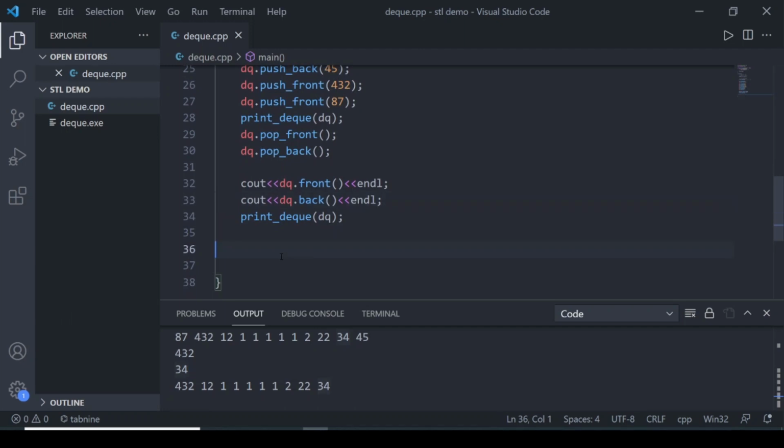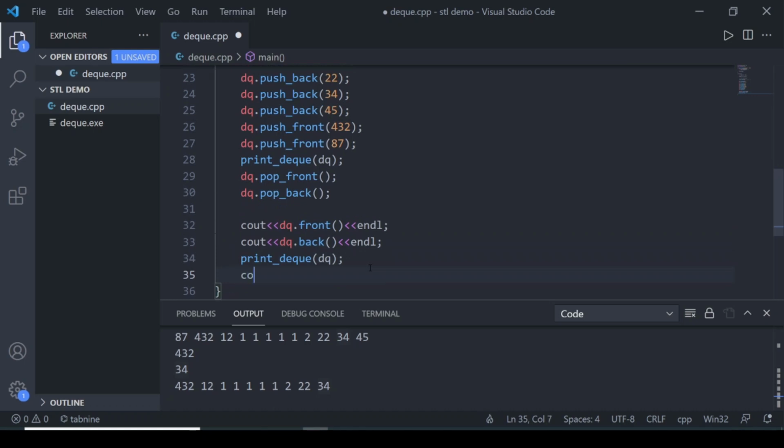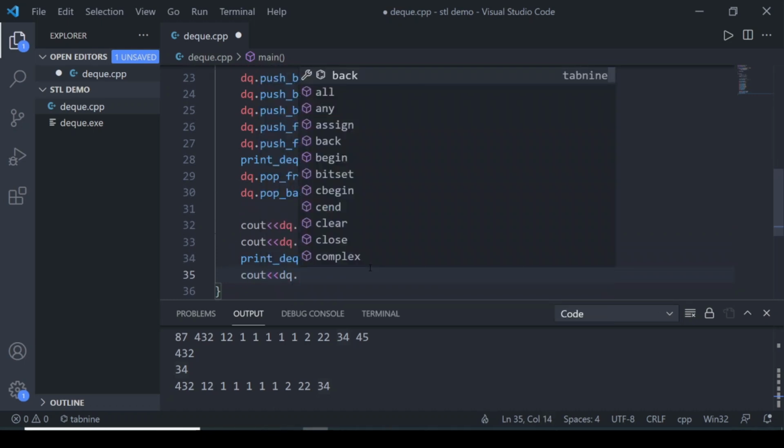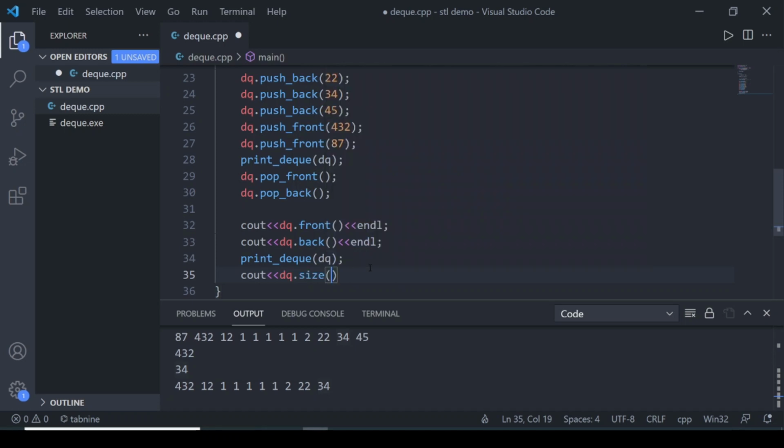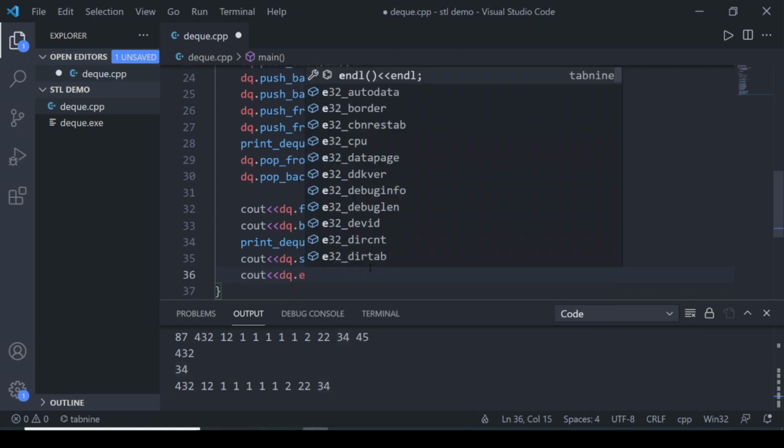There are other methods also which are common with vectors, and just like you can print the size of the vector, similarly you write the name of the dq, then the size method, and also you can check whether the dq is empty or not.